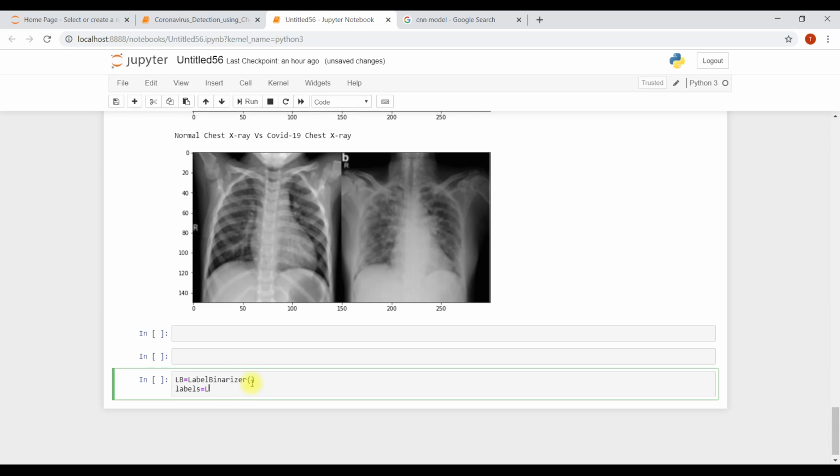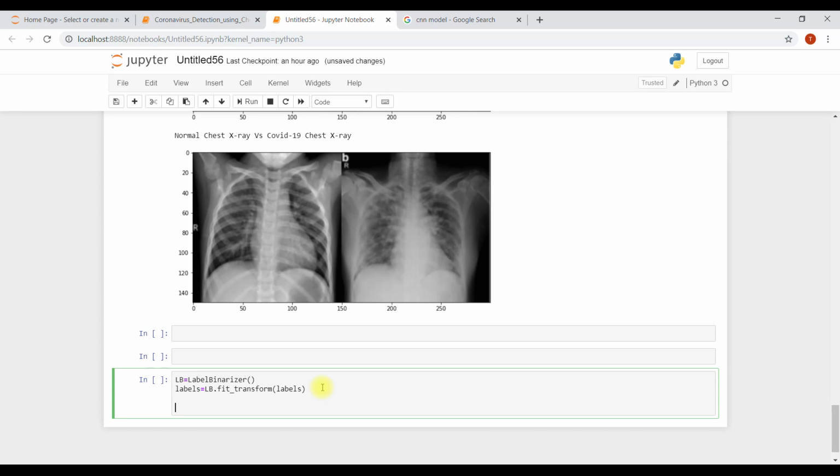So label binarizer dot fit transform, that's how we transform the labels, and store this back in the labels. And labels equals to categorical.